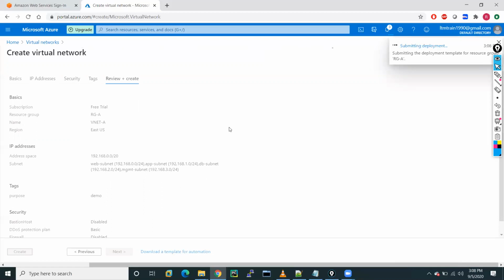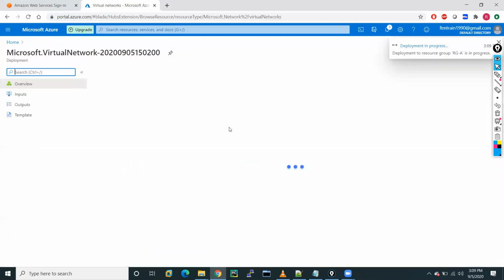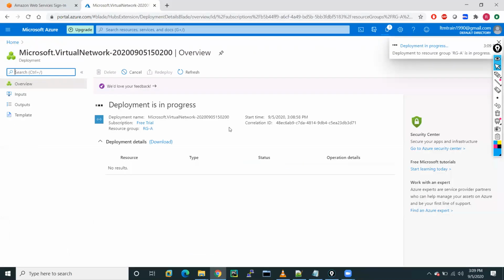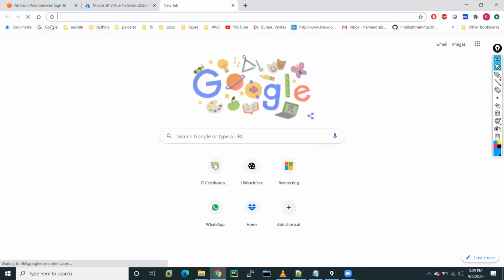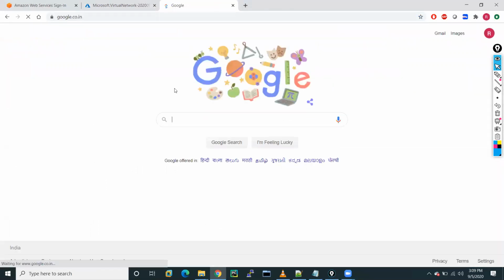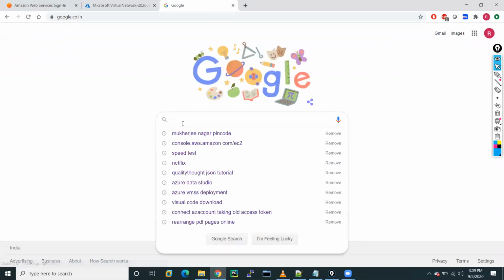This will basically create the virtual network. Deployment is in progress. You can see the details here. Meanwhile, if you forget the steps for how to create the VNet, you should always try to follow the Microsoft Docs.